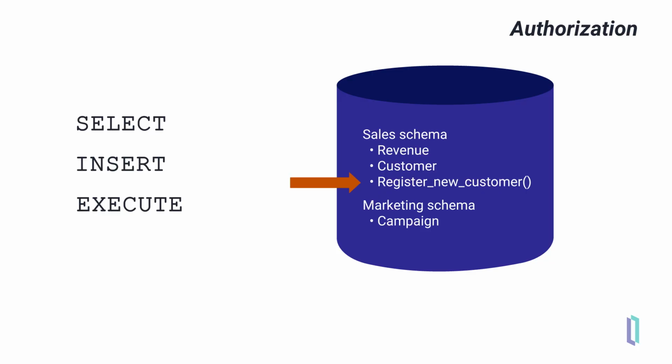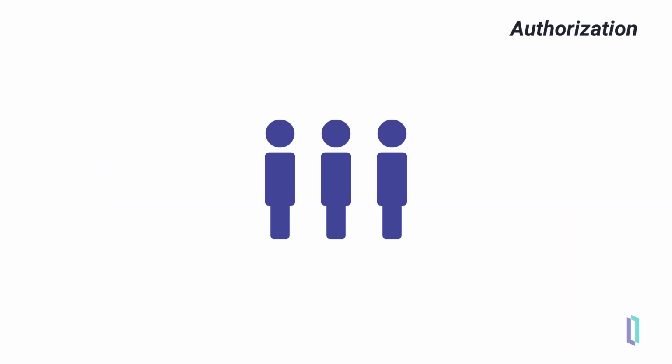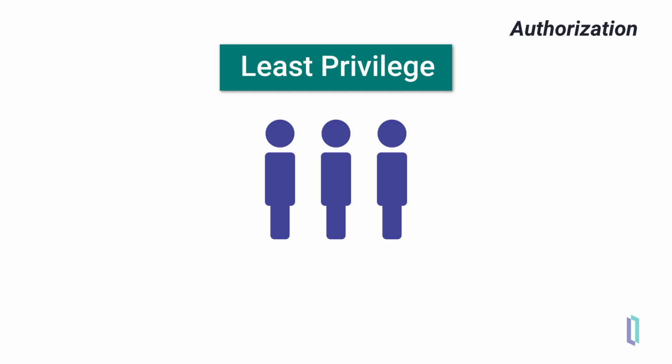tables, views, or procedures. It also supports specifying privileges on an entire schema at once, streamlining security management across multiple objects. Alongside these object-specific privileges, it supports administrative privileges that can span entire namespaces, such as %CREATE_TABLE. These apply universally within a namespace, allowing administrators to manage more structural aspects of database configuration. This fine-grained control is fundamental to the principle of least privilege, which is a best practice in database security management. It ensures users receive no more privilege than necessary to perform their job functions, minimizing the risk of accidental or